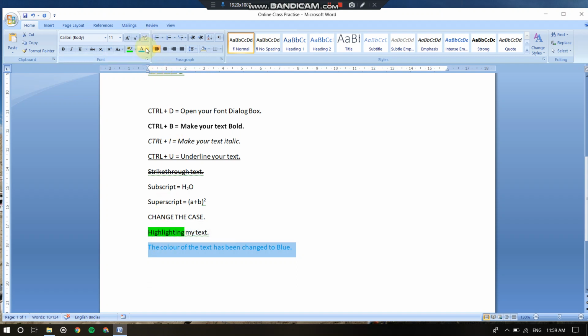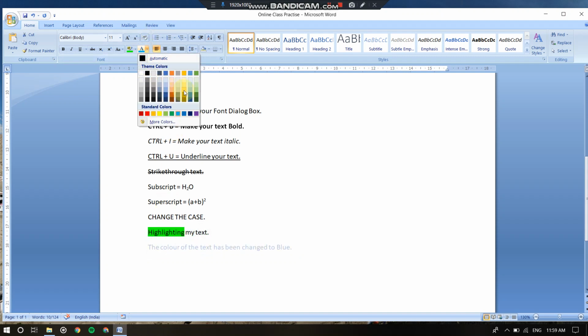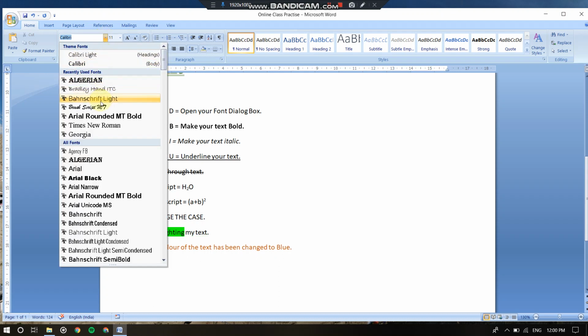Okay, and you can also select the text and change it like this, any color you want, say for example red, orange. Okay, so this is one of the ways to change the color of your font. Okay, I hope this font subsection has been clear to you. This is the type of the font that you want to change, okay, to a different style.